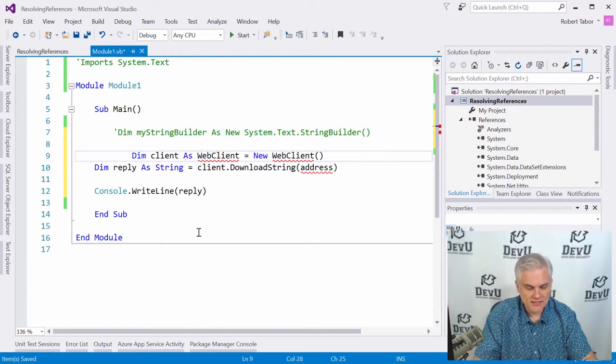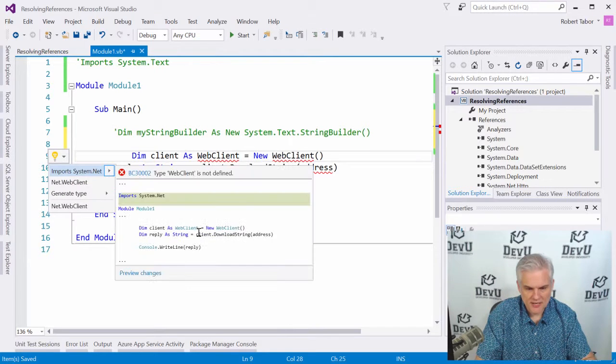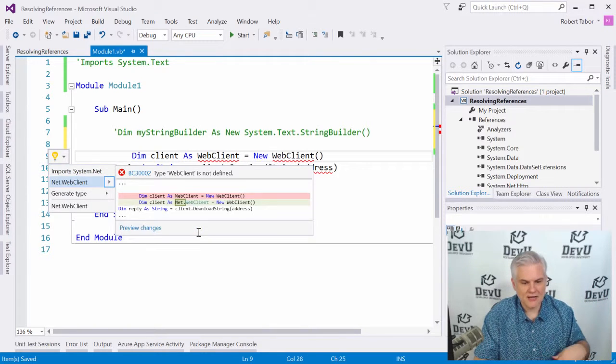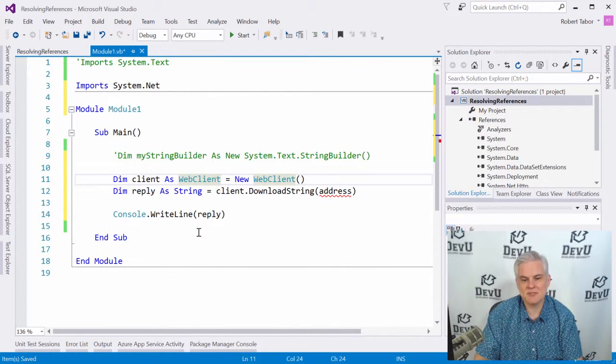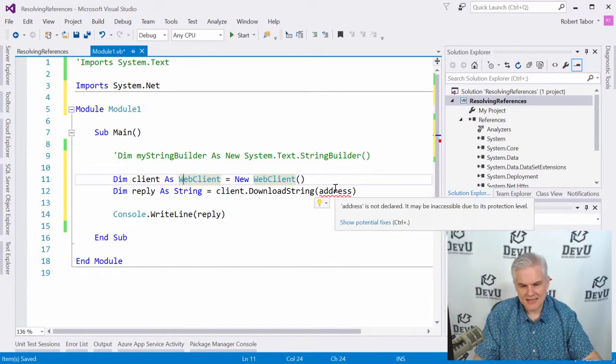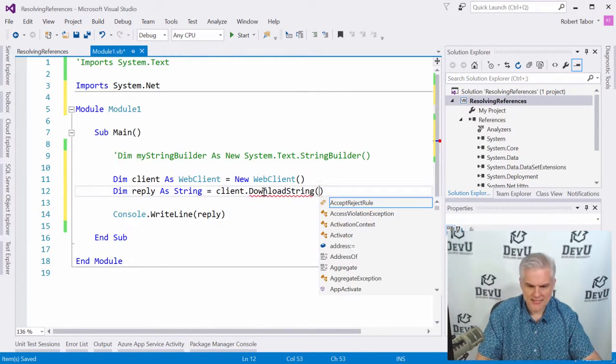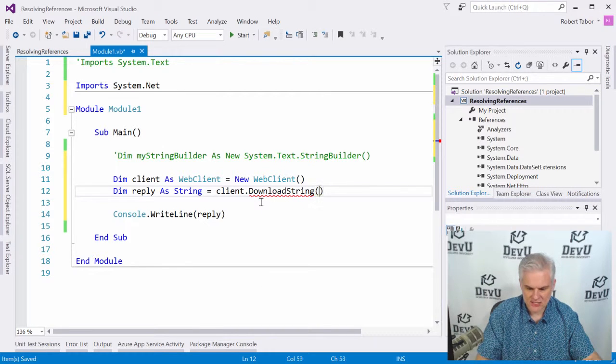However, what I'd recommend, so you can keep your fingers on the keyboard at all times, is to hit Control Period, and this will open up that little dialog and allow you to use the up and down arrows to choose which of these you want. In this case, I want to import System.Net. That's the namespace where the WebClient class is from. And then in this case, all we need to do is pass in, I think, just an address as a string. So I'm going to type in my